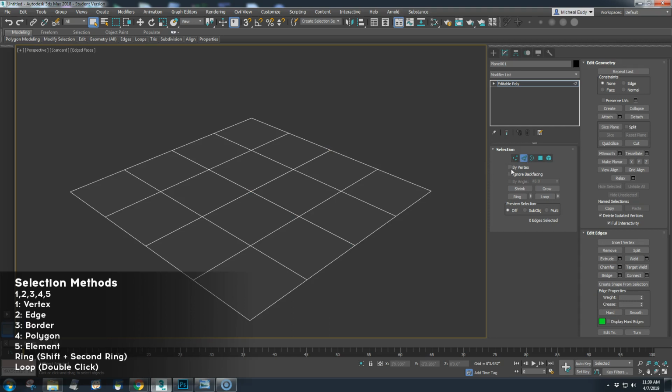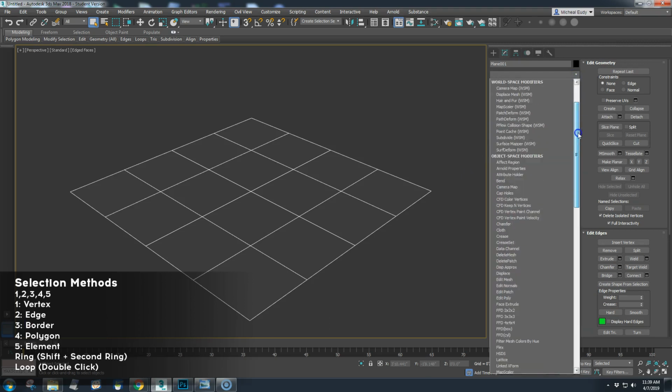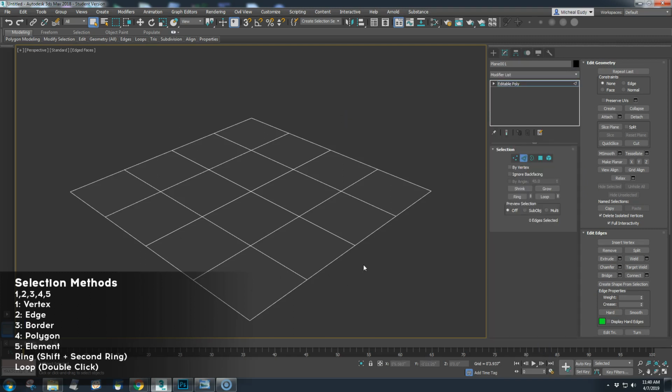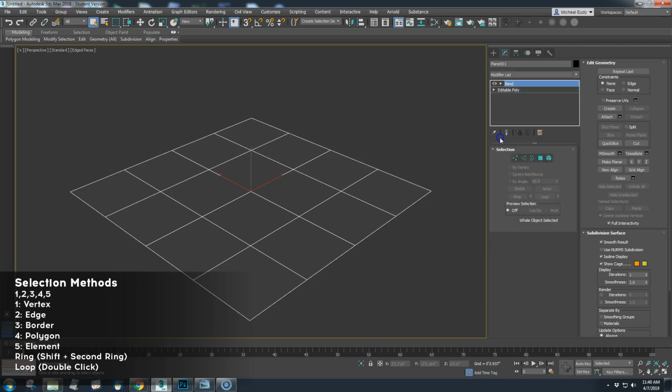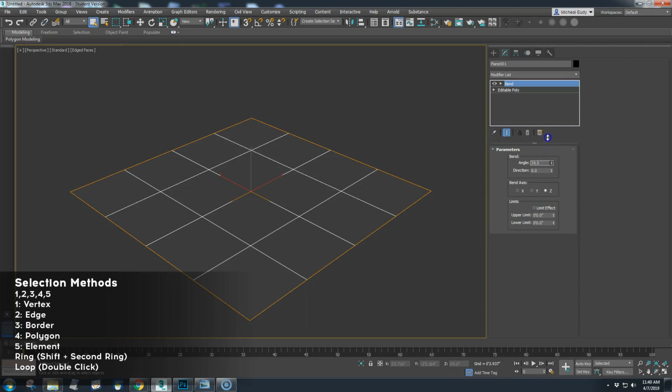Now, you need to always get in the habit of turning these off, because they won't turn off automatically. So if I have edge on, then I go and want to do something else, edge will stay on. And that's a factor, especially when I'm using modifiers. If I'm coming in here and going to add some kind of a modifier, it's only going to affect what I have selected. If I turn this off, we'll just use a bend modifier as an example. If I come in here and add a bend modifier to this, which is a modifier to bend things,